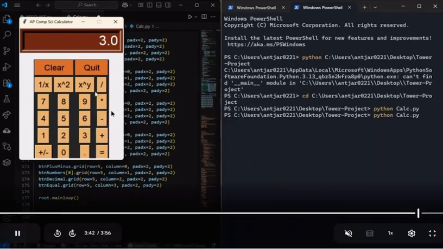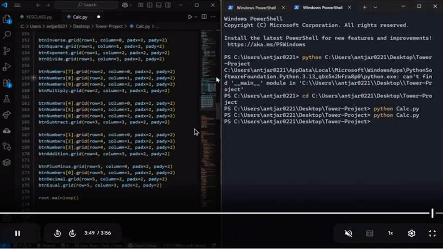And then right here, I'm also going to demonstrate how the quit button works. When you're done using the calculator, you can just use the quit option and it takes you out of everything. And then you're pretty much done. And then if you want to do it again, you just